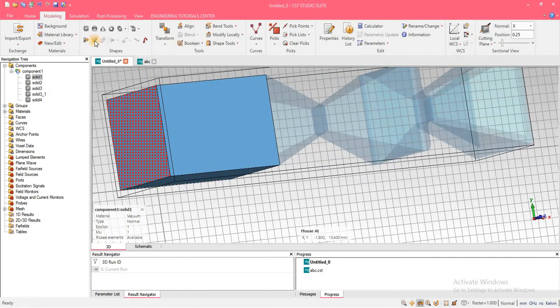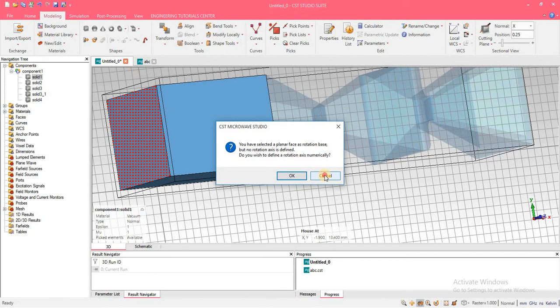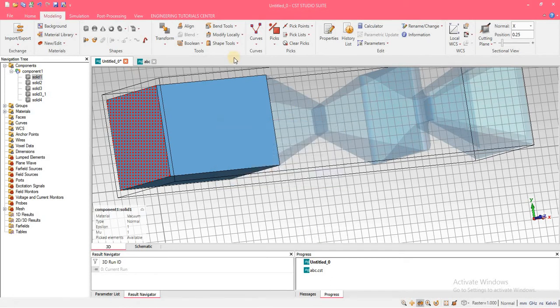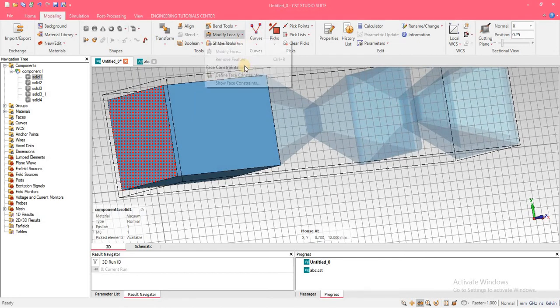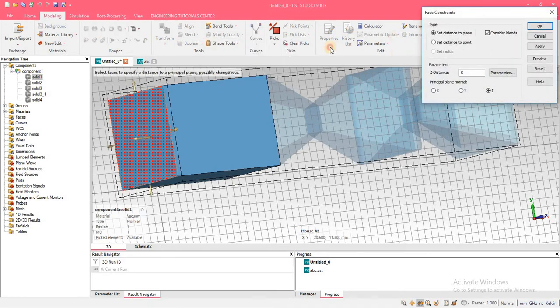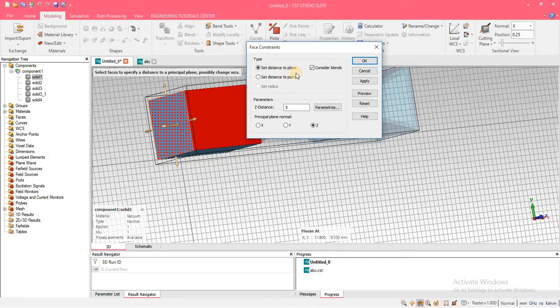We can also rotate that object. We can also redefine the face of an object by using a plane, where you can set the distance from a plane to a plane, in any plane, X plane, Y plane, Z plane.